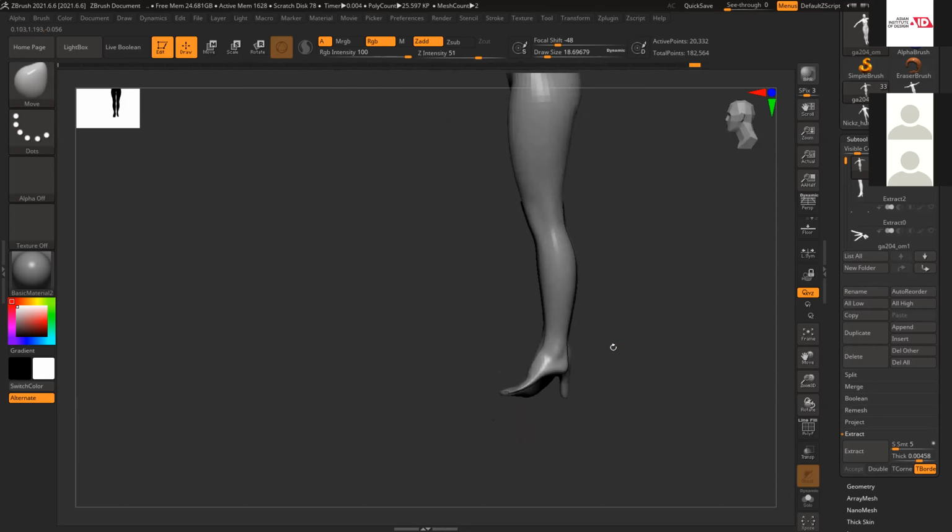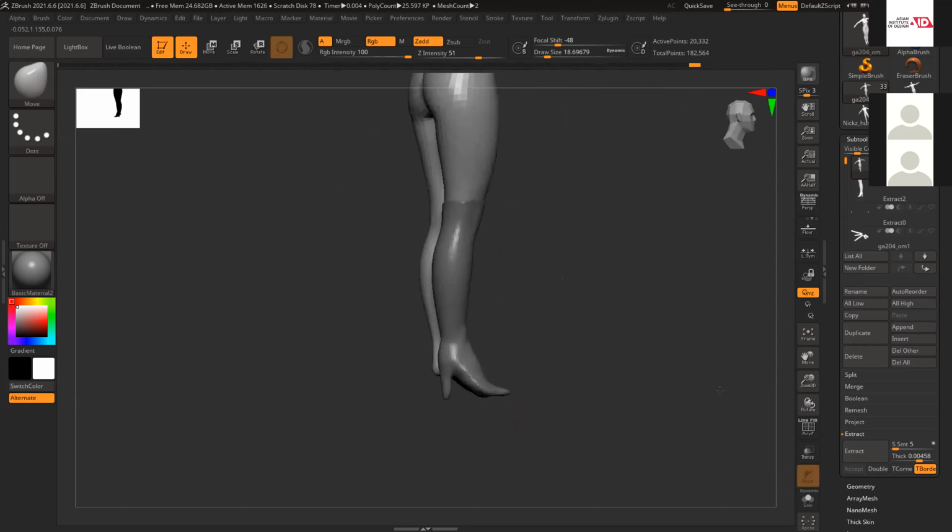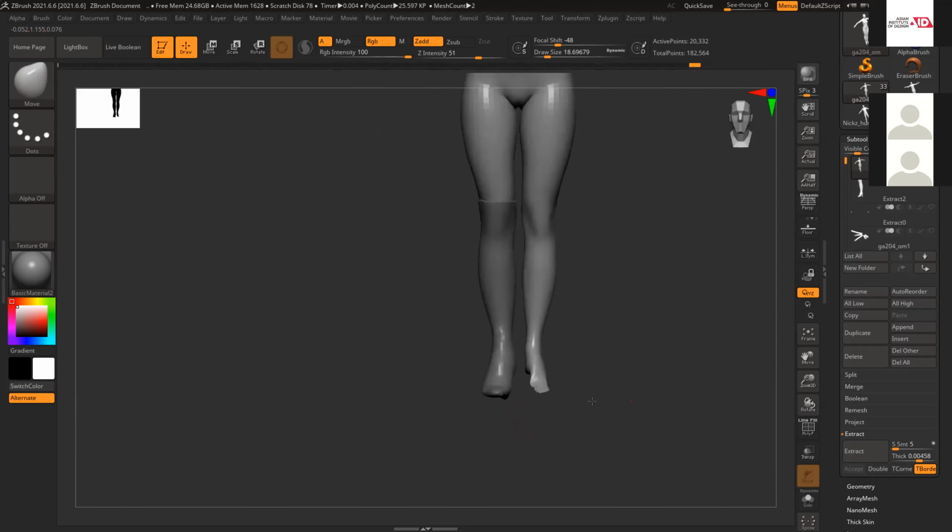So you can see I made it like a popper. But sure, I need one more angle, some front side. Always having a reference helps you a lot.